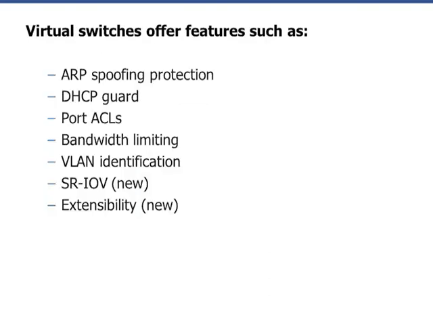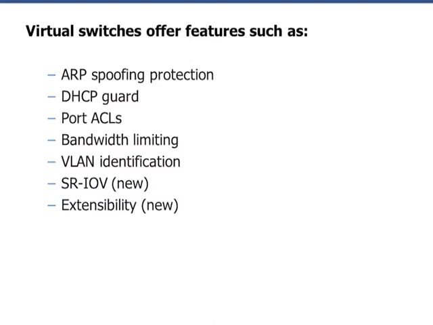Virtual switches also offer advanced features such as ARP spoofing for security protection to ensure that none of your servers are being impersonated on the network, DHCP guard to ensure that another host isn't providing DHCP IP addresses that shouldn't be, port ACLs or access control lists to control what traffic is coming from a virtual machine's virtual network interface port, bandwidth limiting to ensure that particular virtual machines that have high priority applications get the bandwidth that they need, VLAN identification to allow your virtual switches to work with your existing physical VLAN infrastructure, and then a couple new features,